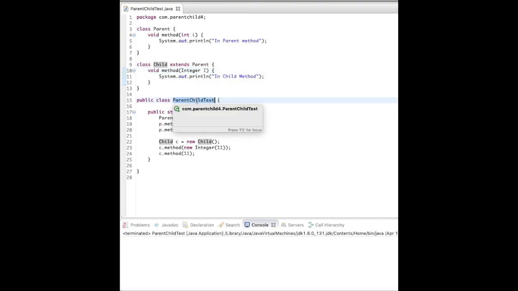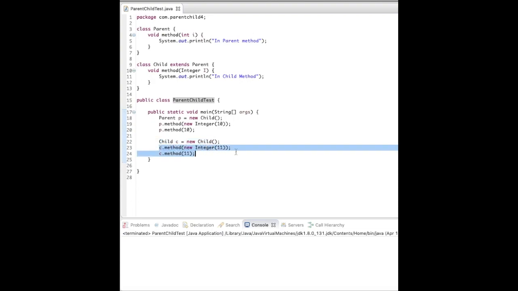Now we have a main method in which Parent p has a reference of Child, and I am calling p.method with new Integer(10) and p.method with a primitive integer value. Now there is a child variable, which has a reference of Child only. So we are calling child.method with new Integer(11) and child.method with the primitive value of 11.